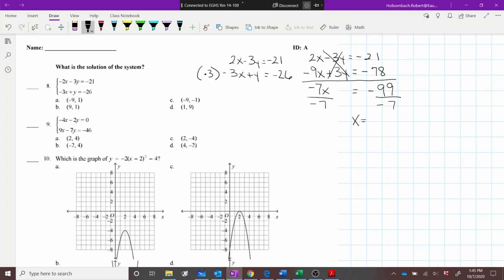I rewrote this problem wrong. This is a negative 2x, and this should be a negative 2x, which makes this